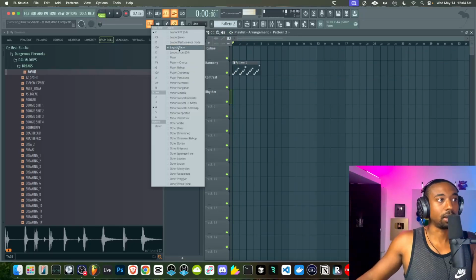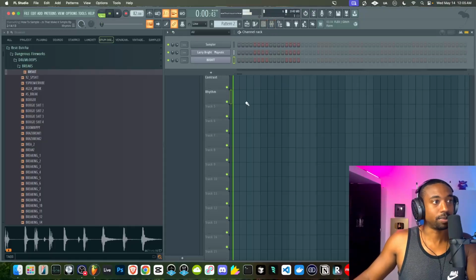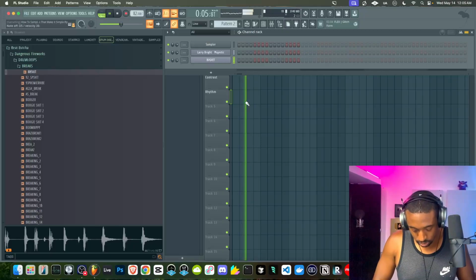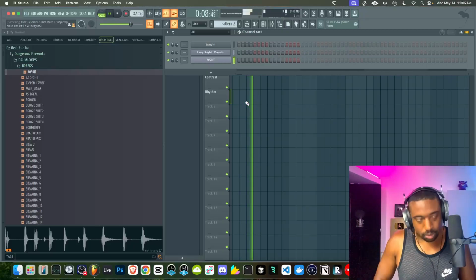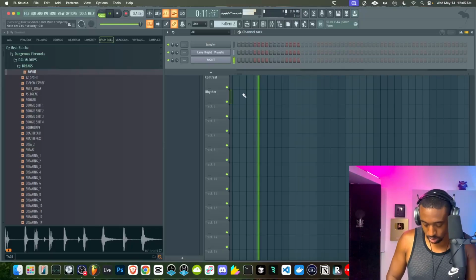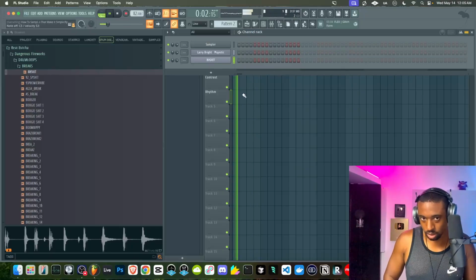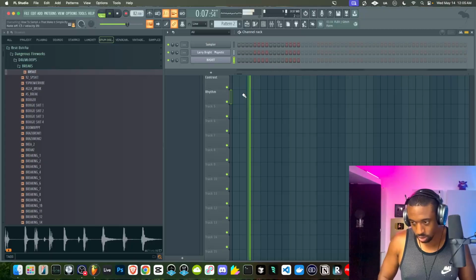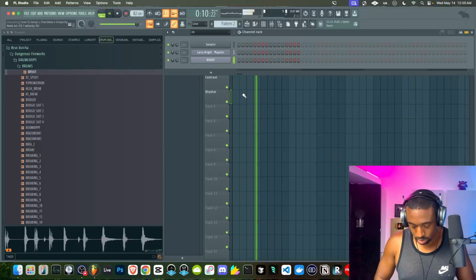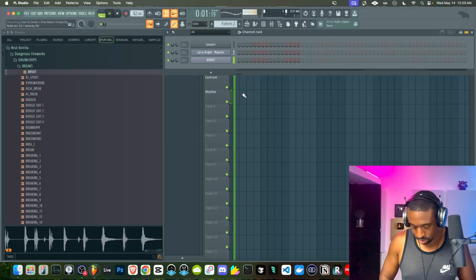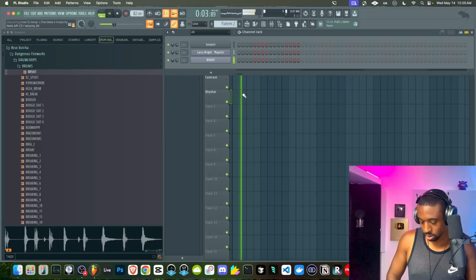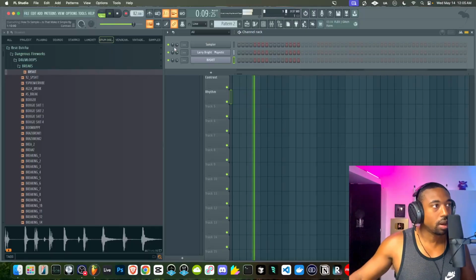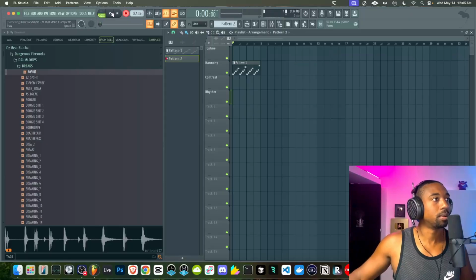Again, you could right click the typing keyboard, go to layout slice if you want to use your typing keyboard. So I like the first couple hits. Let's record this.